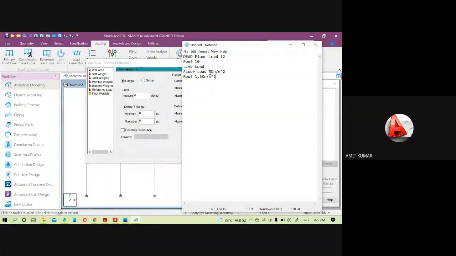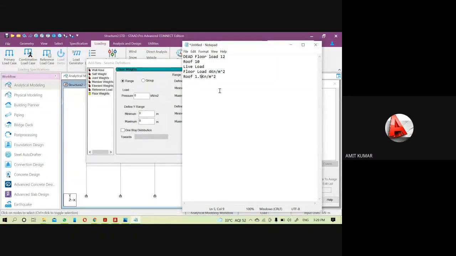The floor load is equal to 4 kilonewton, so 50% of it, that means 2 kilonewton, will work as a lumped load. But we have to neglect the roof load because its value is less than 4 kilonewton. If our roof load were also 4 or more, then this live load of the roof would also work as a lumped load. Is that clear to everyone?